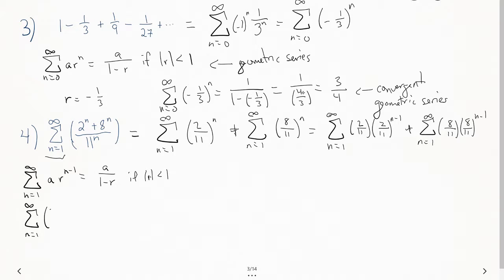So I'll write the original here, and then we'll just apply what we see in this next case. So what that means is that we have an A here and an R here. Okay, so if that's the case, we have A, which is 2/11, and then it goes 1 minus R, which is also 2/11 in that first case, plus A is, in the second case, let's see, we have this being A and this being R, so there's not much